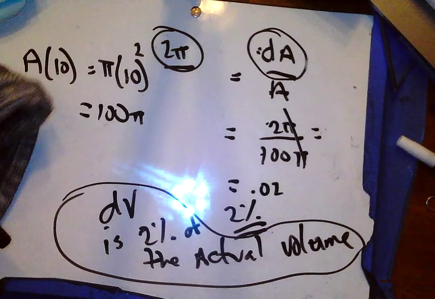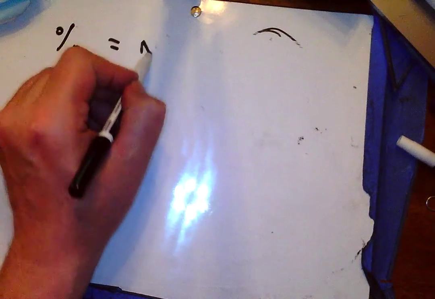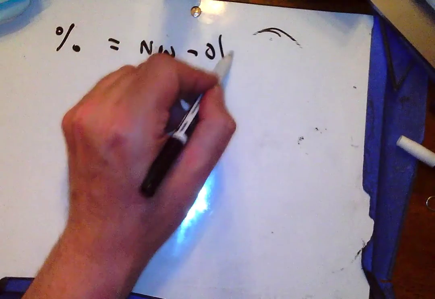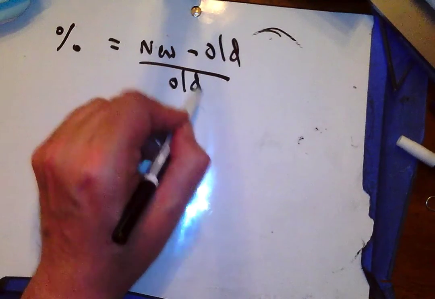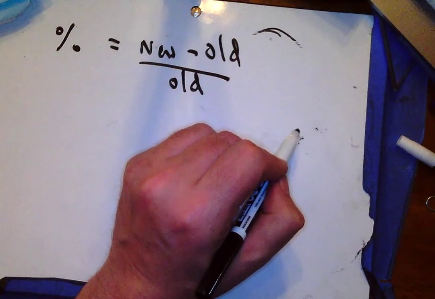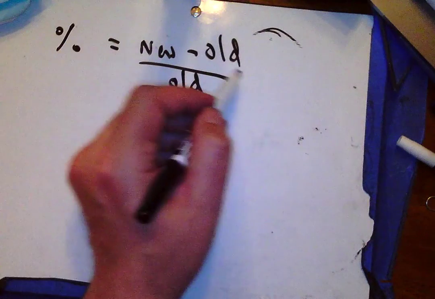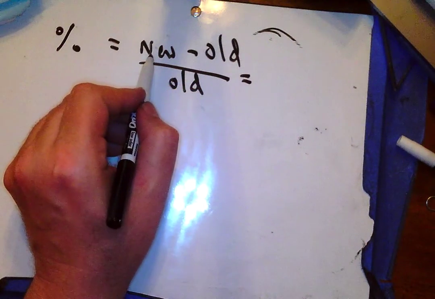All right. So then, let's take a look at. Was there something else I wanted to talk about? You know, I kind of want to go back to this thing that I learned in middle school called percent change. New minus old over old. And so for us, I could think about this new being that